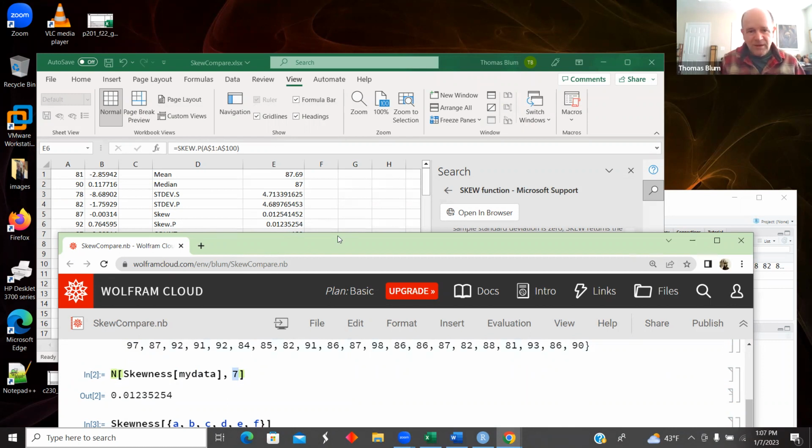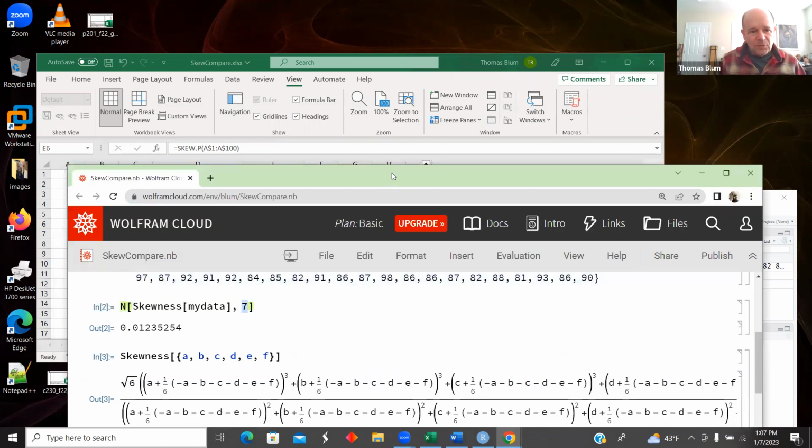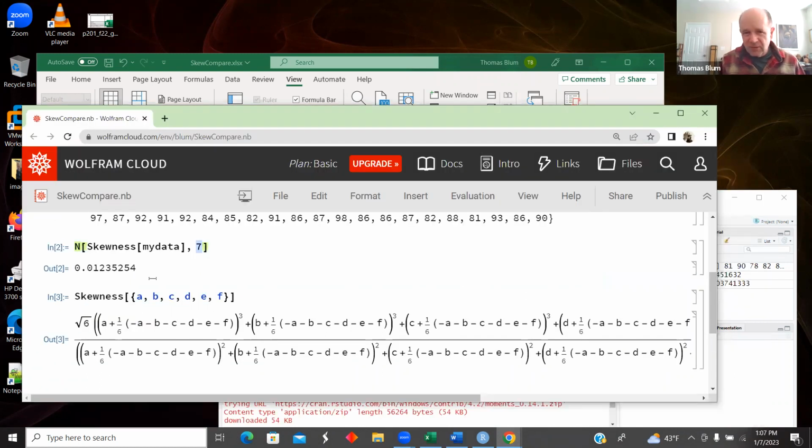And so we can also see, we can look up the documentation in Wolfram, but also because Wolfram Cloud will work symbolically, we can just put in a bunch of symbols and calculate their skewness and see what's going on here. And so I just said A, B, C, D, E, F, and you can see here, notice the minus signs